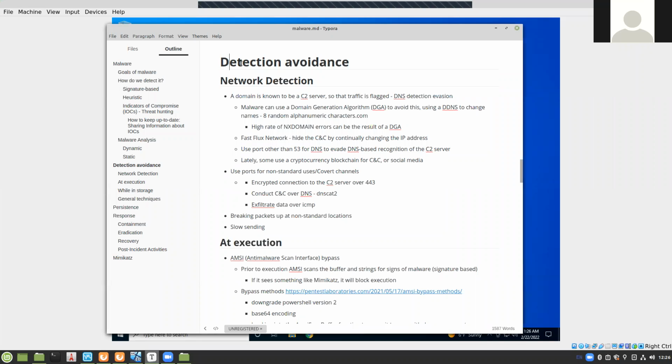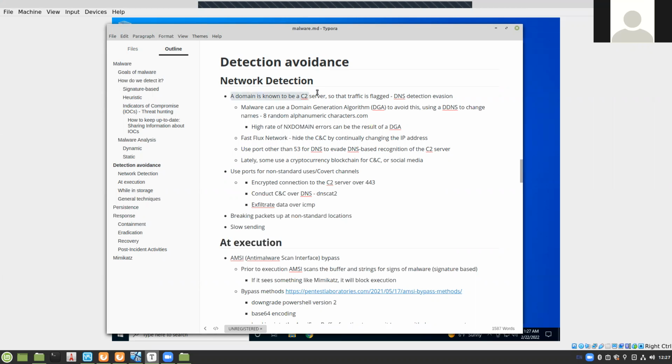All right. Well, in order to address the question of how malware avoids detection, we need to think about the different ways that it can be detected. One of the ways that we can detect malware is by looking at network traffic. So naturally, when you talk about trying to avoid that detection, one of the ways that you can avoid that detection is